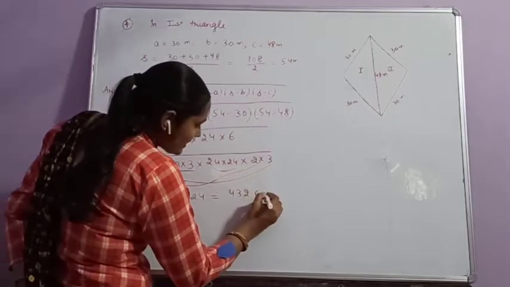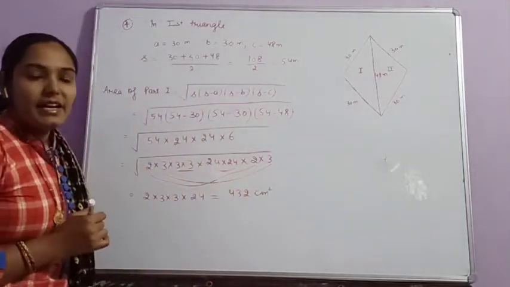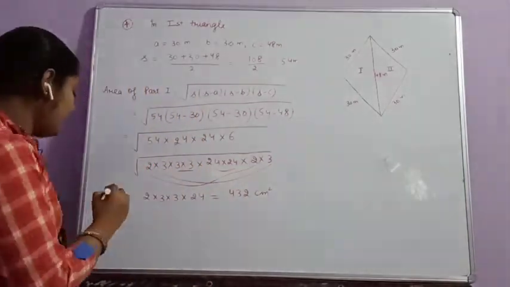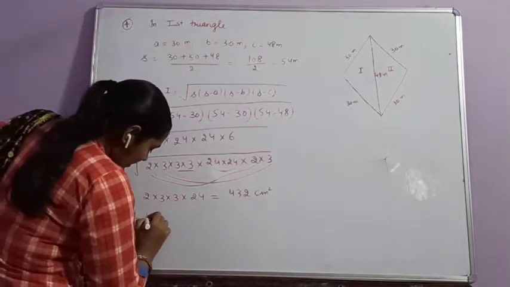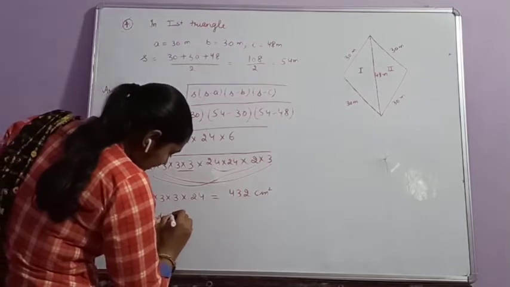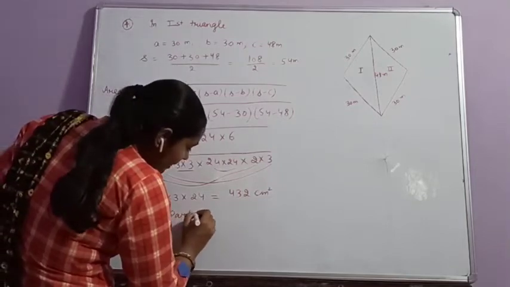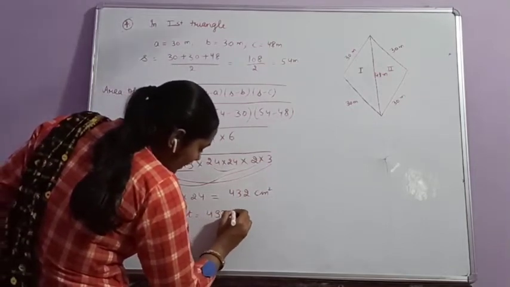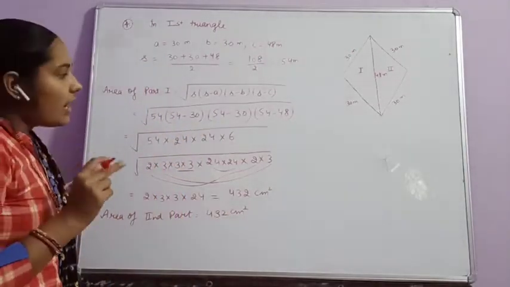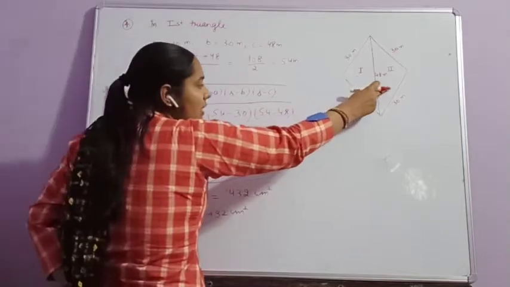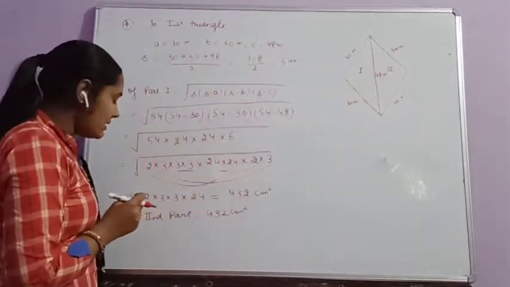432 square centimeter. That will be the area of one part, and area of second part, that will be equal to 432 square centimeter. Why? Because two parts are of equal sides, okay, then their area will be same. Now